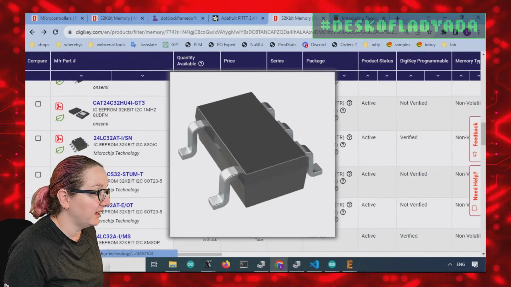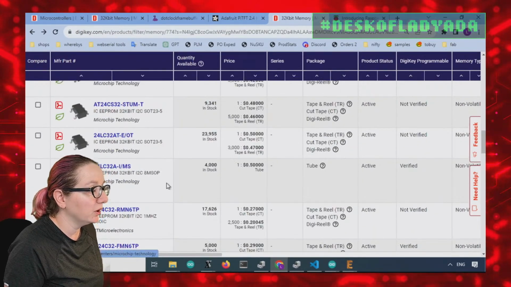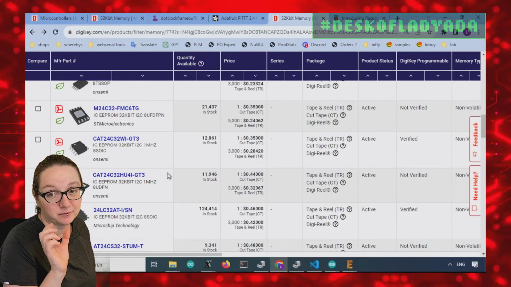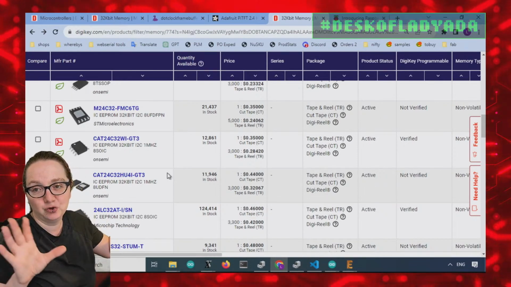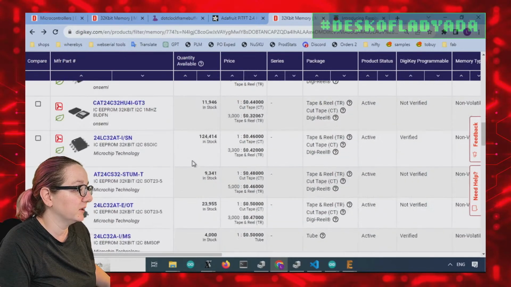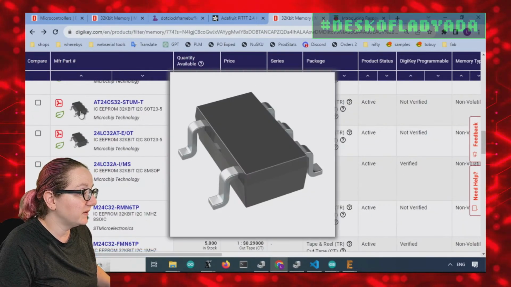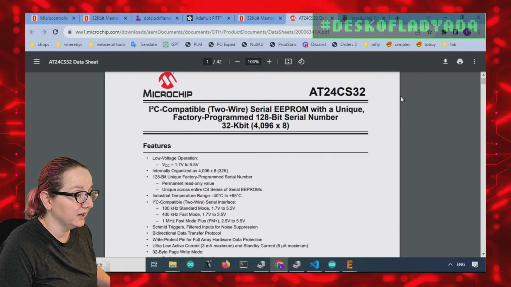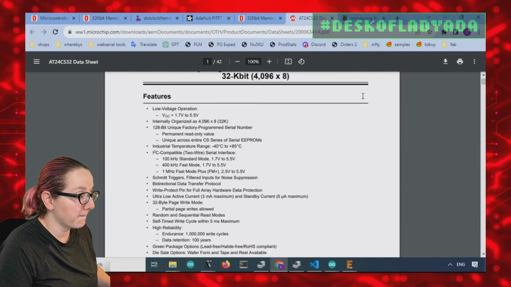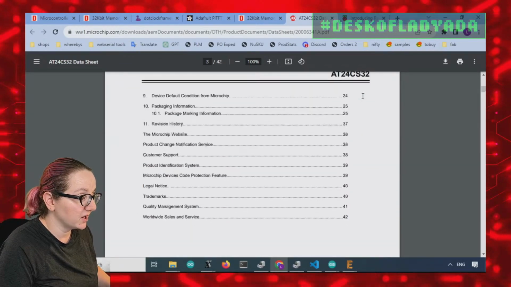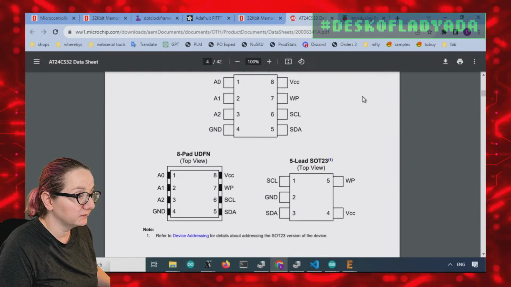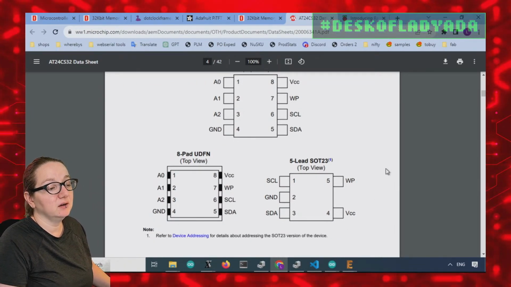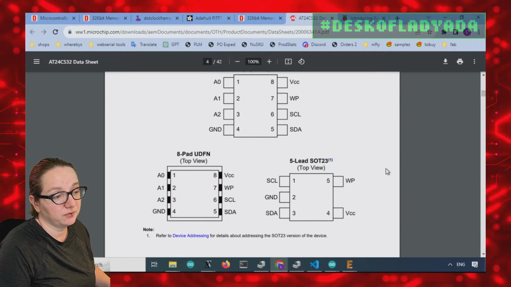They do come in DFN sizes. One interesting thing is if you are using this in a tightly packed, small layout, you don't want to have this huge chunk of SOIC chip taking up a lot of room. You can get the chips in SOT23-5 as well. For SOT23-5, I will say one thing to just watch out for. It's not a huge deal, but this is a standard SOIC and TSOT package. The SOT23 drops the address pins. There's 3 address pins missing, and so